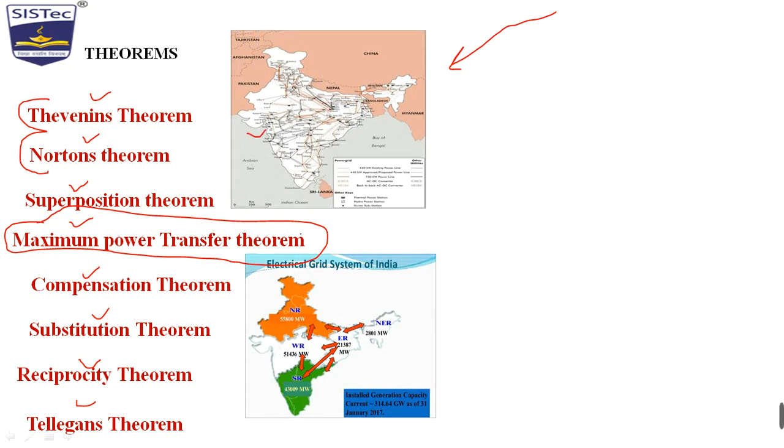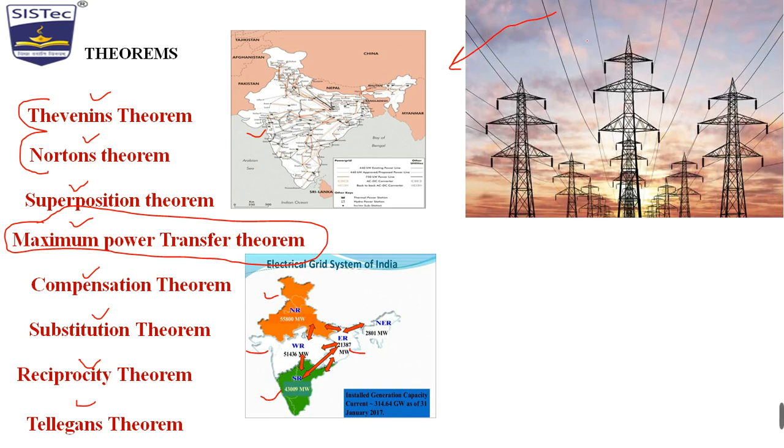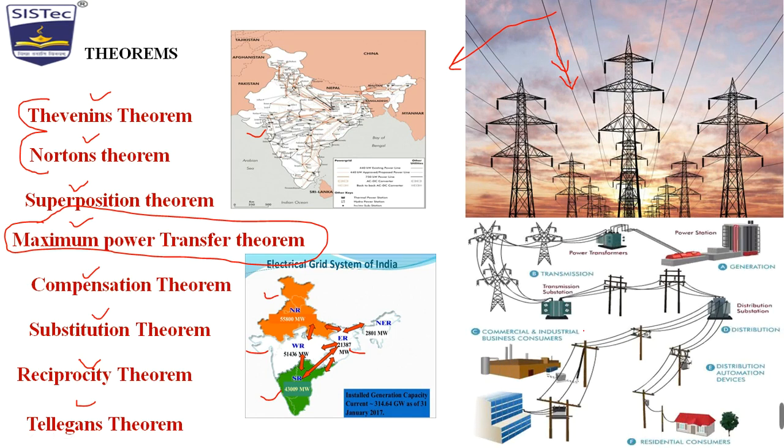So many generators in the north, so many generators in the south, in the west, in the east. Everywhere there are generating plants, everywhere there are loads, people consuming. So if you see this transmission network, the current is coming in the wire, where current is traveling from the source to the load. This is an AC current, and from these towers it is coming to our homes. Okay. So we have already studied that this current carrying conductor is behaving like an inductor.